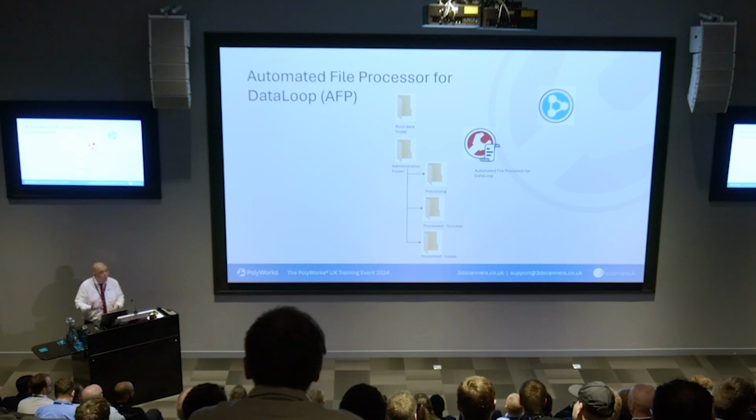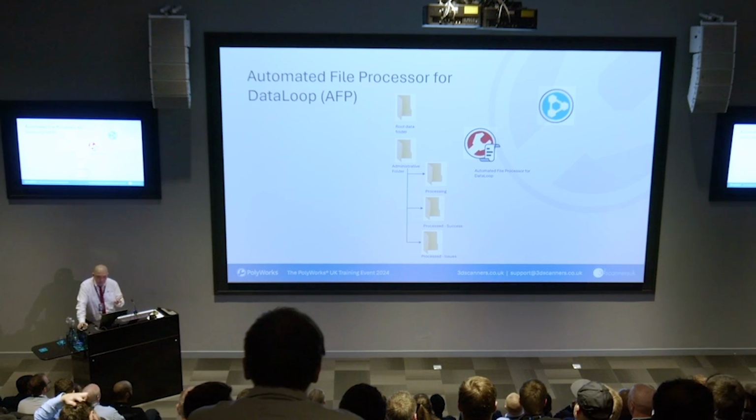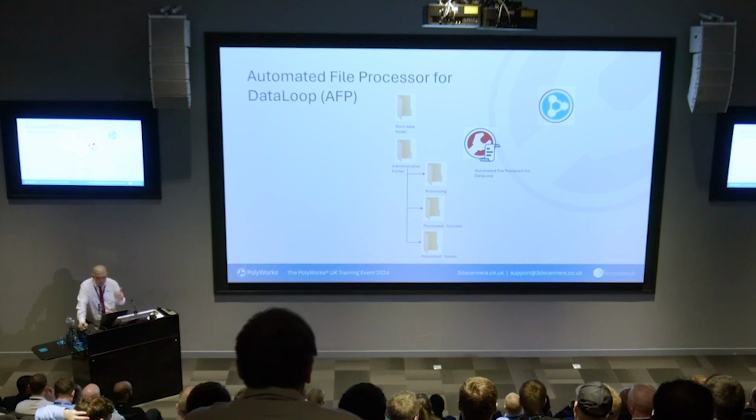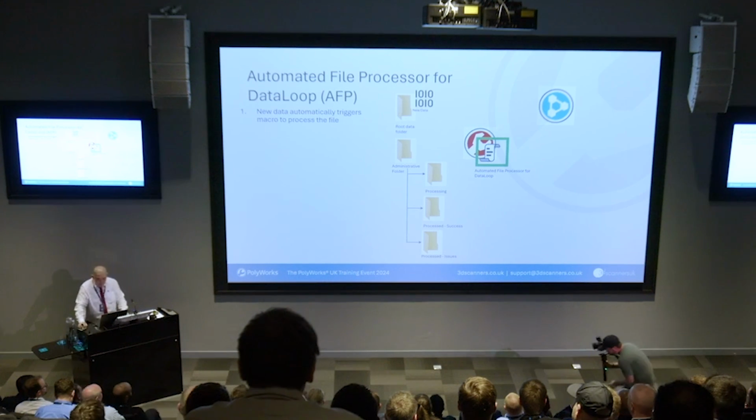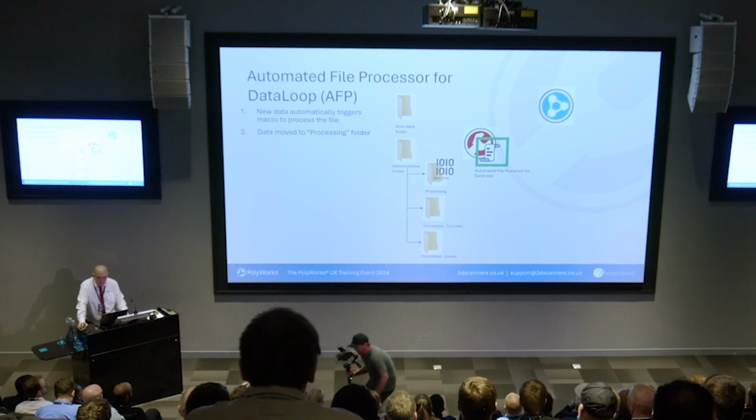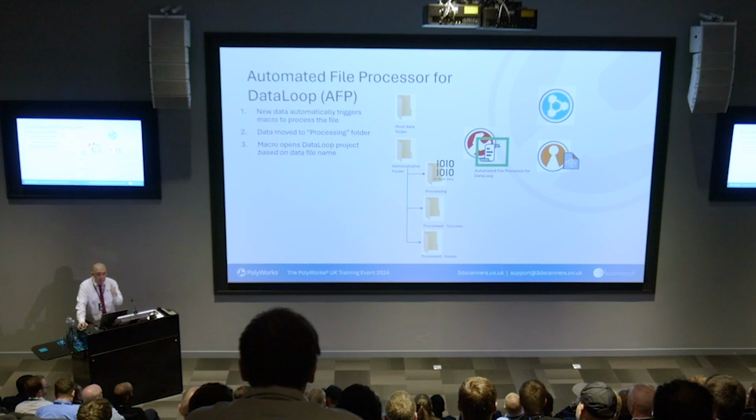So to give you a quick overview of the workflow, you'll need to set up a few directories up front, and obviously you'll need your inspection projects to be uploaded onto the DataLoop server. You start by monitoring the folder, and once the scan data is dropped into what they call the root data folder, the AFP will grab that and move it into a processing folder. Based on the name of that scan, it will then use the macro to find the name of the project, create a brand new piece,